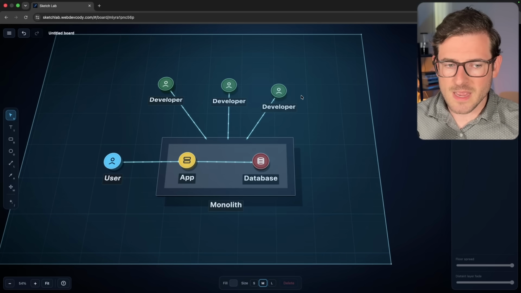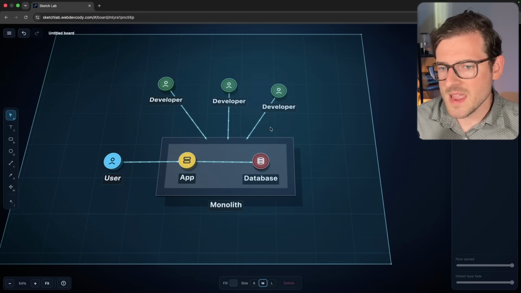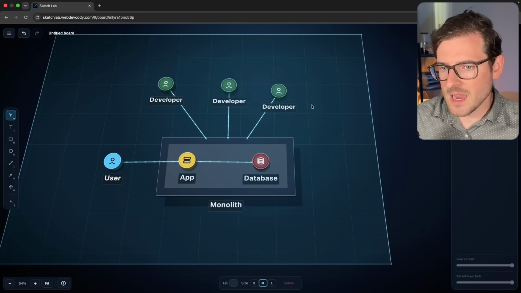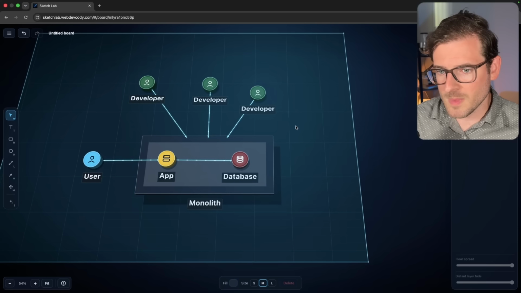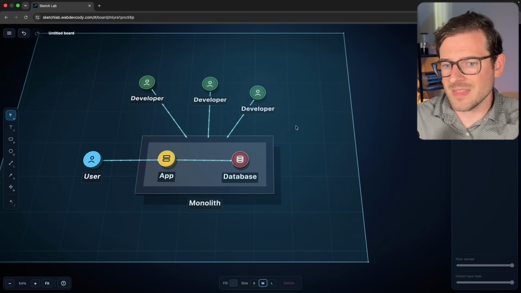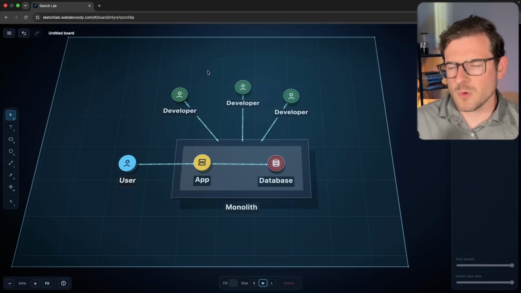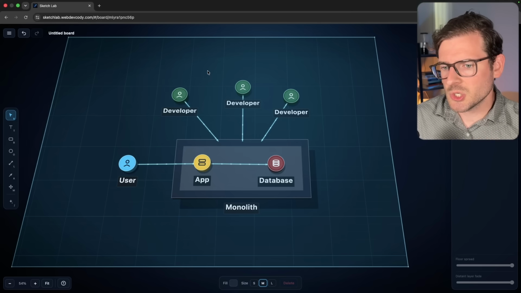But if you were to look at microservices in the wild, you may have a different service written in a different language, a different framework. And so having that context switching for one developer who needs to know maybe a Go auth service, and then another service maybe using something else, there's a lot of overhead. But let me rewind because I think I'm jumping ahead. So this is the traditional monolithic approach to an application.